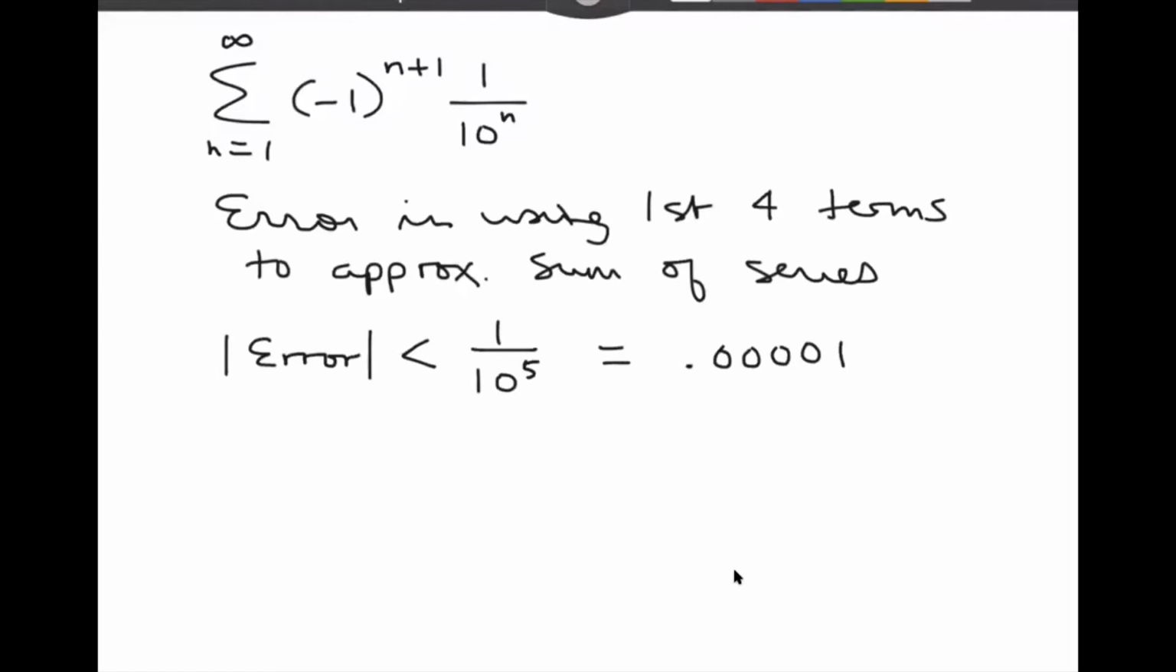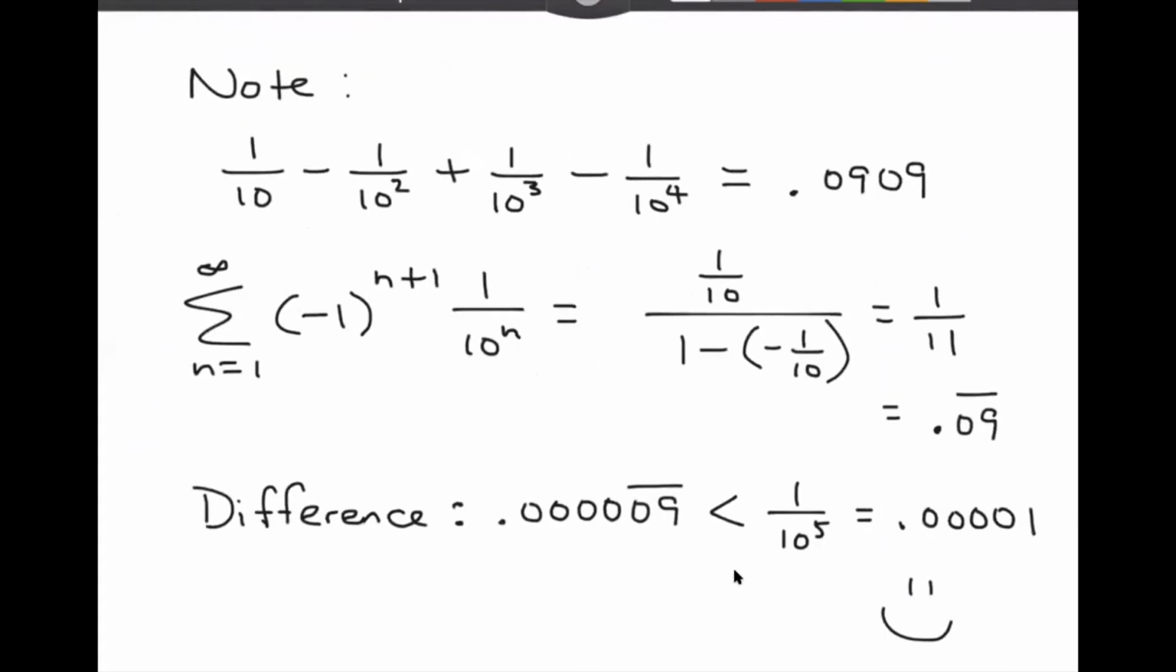And in fact, because this series happens to be geometric, we can find the exact sum of the series. Normally we can't do that. So just notice what I did here. First I have the sum of the first four terms, which is exactly 0.0909. The sum of the entire series, as I mentioned, is a geometric series. A is 1/10, R is -1/10, and that comes out to 1/11,